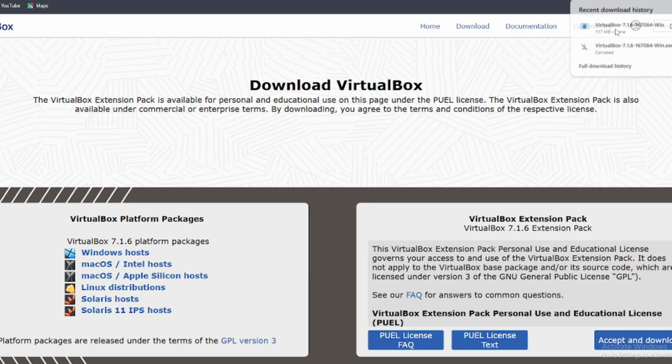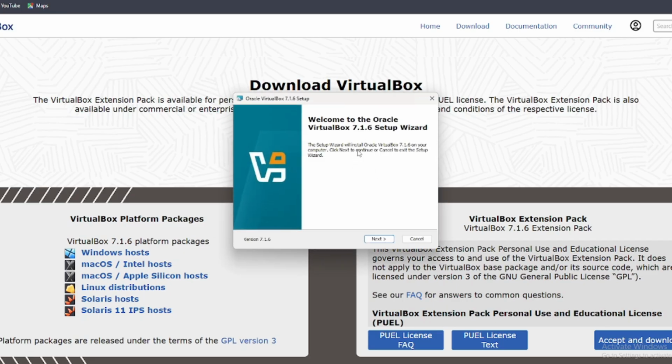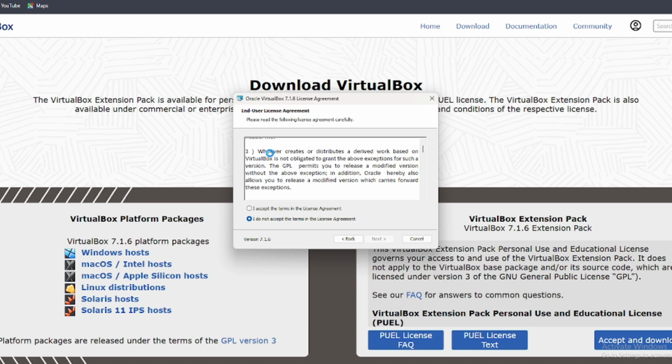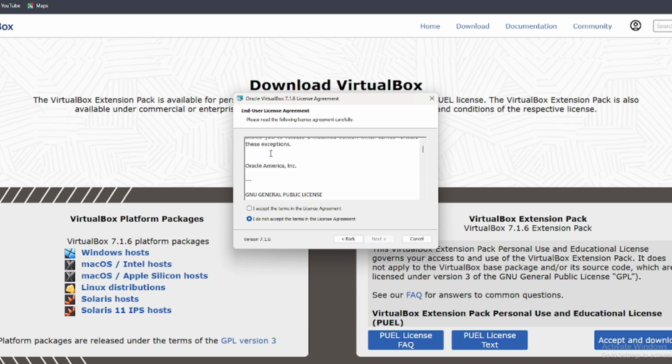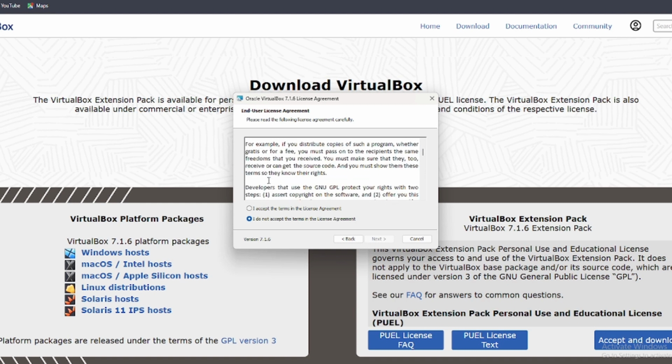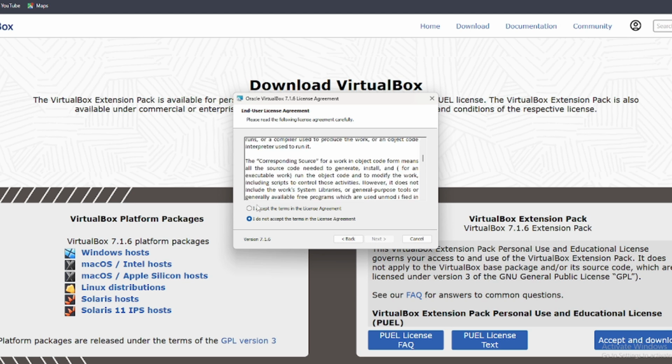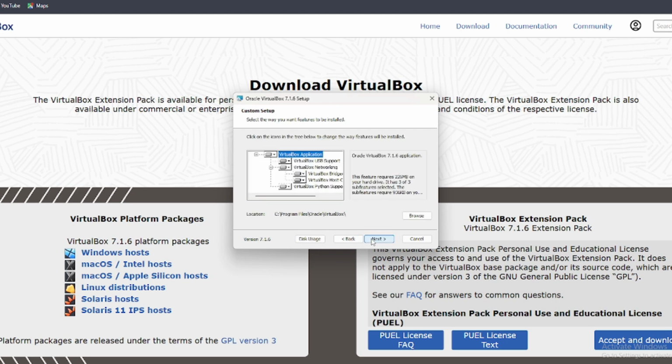As it is downloaded, now we will open this file and allow this app to make changes on this device. Then we have to press next. Read the user license agreement carefully, and then accept all the terms in the license. Then press next. You don't have to make any changes here, so press next